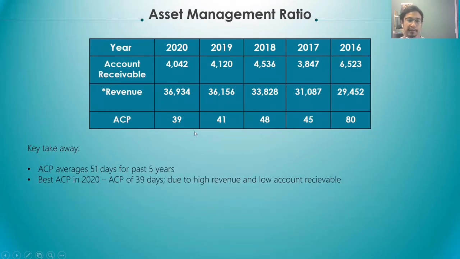And lastly, we're looking at the average ACP. For the ACP, it averages around 51 days in the past 5 years. We can see that in 2020, it had the best ACP of 39 days. And this is due to Samdabi having generated high revenue and also having one of the lowest, I would say, account receivable. So they have managed to collect their payments much faster within the past 5 years to achieve that